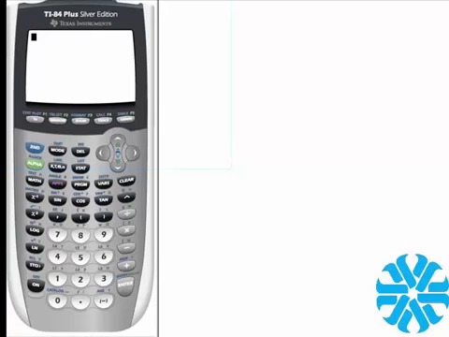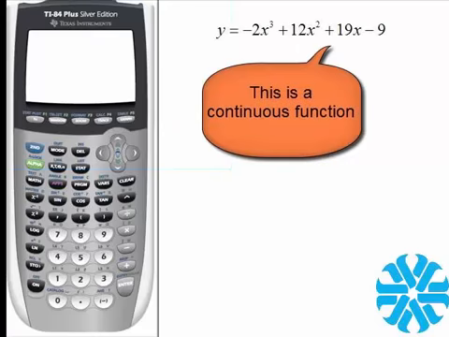So for the first example, we would like to find the graph of y equals negative 2x cubed plus 12x squared plus 19x minus 9, and then find an appropriate viewing window for this function. So let's first input the function, and that's going to be negative 2x cubed plus 12x squared plus 19x